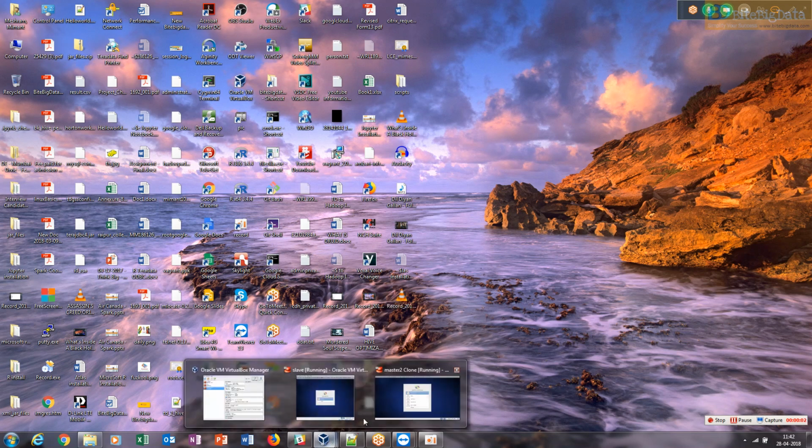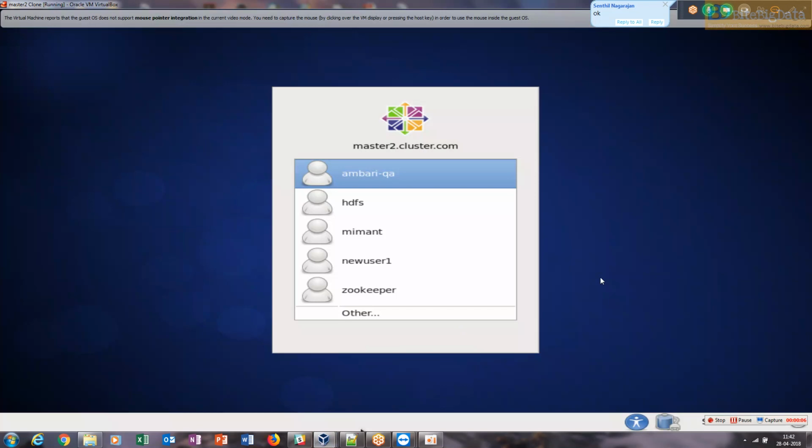So as of now, we have gone through the HDFS basics. We have gone through the basics of MapReduce, and we have set up the pseudonode cluster as of now, right? And this is how it looks like. So we have Ambari and HDFS user, since we have installed HDFS. Okay, so let me start this cluster, and I will show you how to add one more node into